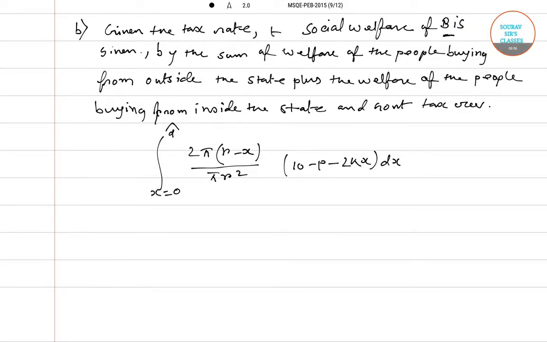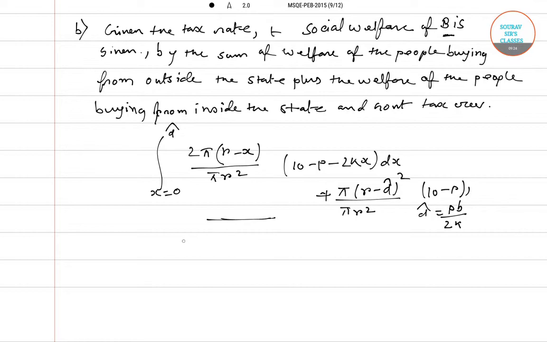So here it will be plus profit, (r minus d hat) square divided by pi r square, (10 minus p), where d hat is basically pb divided by 2k. Now by differentiating this whole equation with respect to t, we get